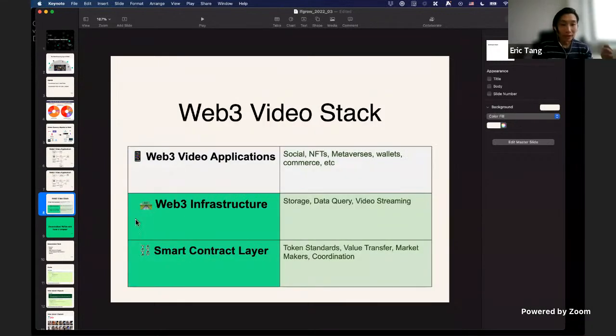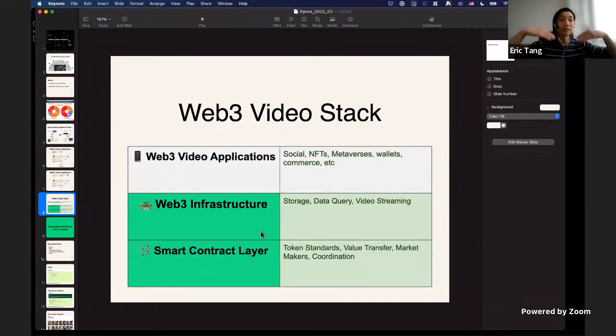So looking at this in layers, we have at the very bottom this smart contract layer that provides us token standards, provides us means for value transfer, making markets, ability to coordinate in a decentralized way. And then on top of that, we have this Web3 infrastructure that gives us storage, data querying, video streaming.